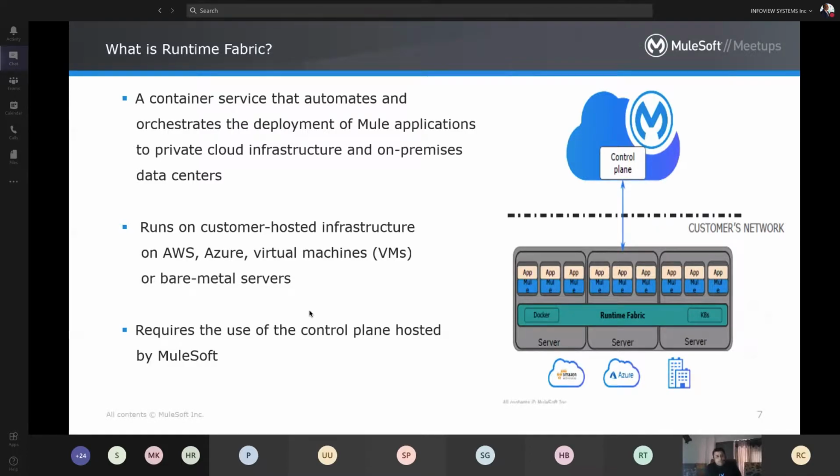Runtime Fabric can be deployed on any cloud-based platform managed by the customer, or on the organization's internal platform, even a private cloud or configured VMs, to install or configure it on their premises.